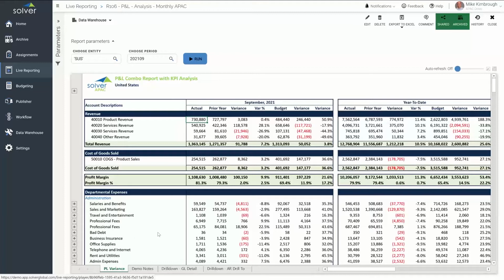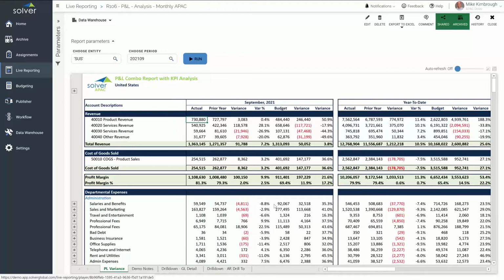So you'll also notice on this report, because I said I'm going to come back to it a little bit later, that I have my budget column here. So I'm looking at actuals, I'm looking at prior year, I'm looking at a variance by dollar amount as well as by percentage. I have my budget data here, but we all know now that my budget's probably no longer accurate. I'm either on the plus side or on the minus side of that budget in